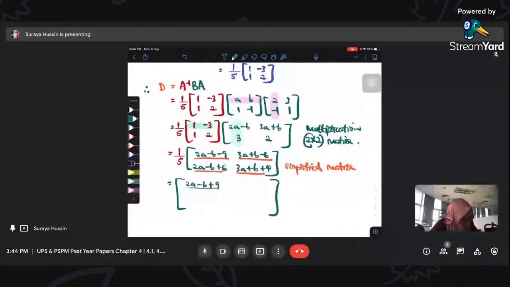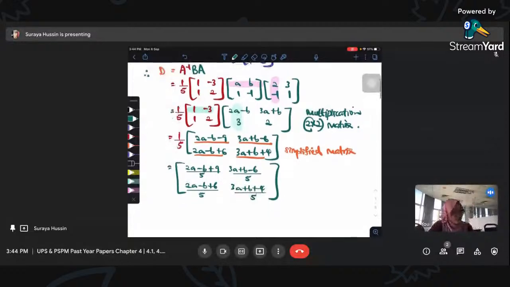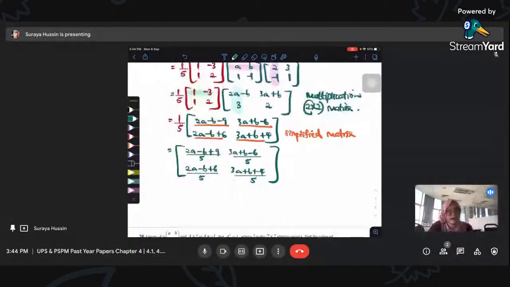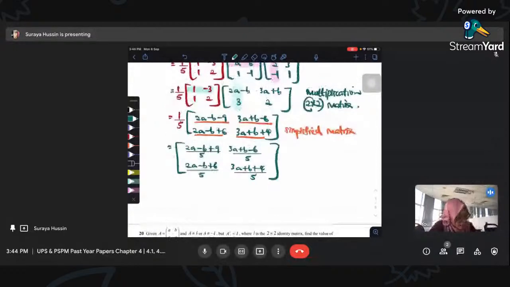Divided by 5. Masukkan. Barulah you masukkan 5 tu. 2A minus B plus 6 over 5. 3A plus B minus 6 over 5. 3A plus B plus 4 over 5. Everything is over 5 sebab you nak masukkan 1/5 to each element there. And then barulah you boleh compare